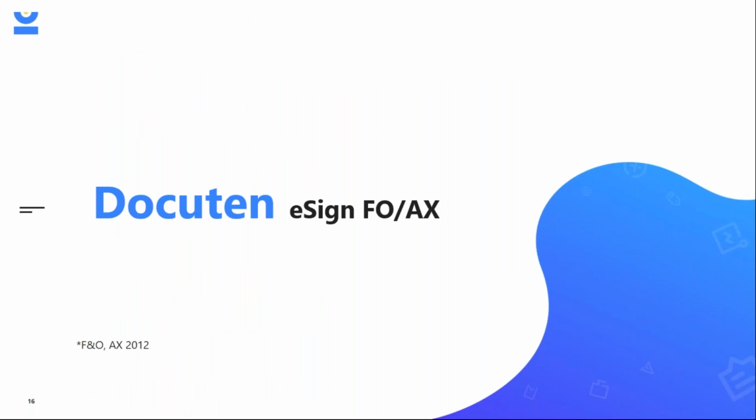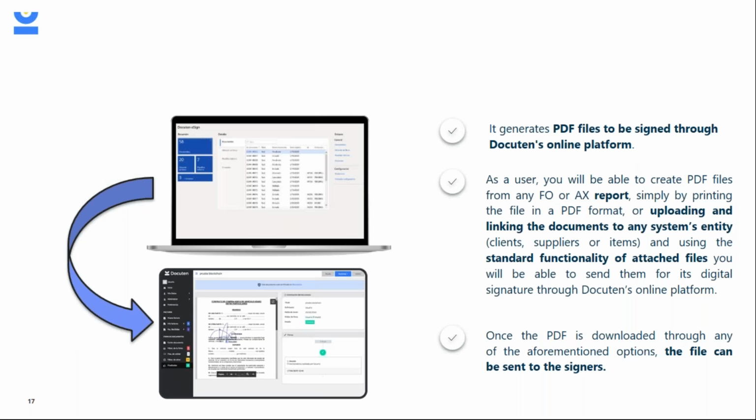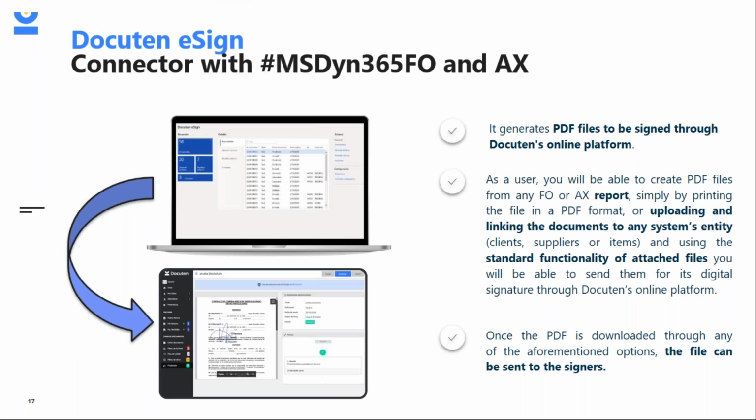Now we move on to finance operations, and AX is quite similar to the Business Central and NAV integration. The versions available are finance operations and AX 2012. These two versions are the ones we are supporting. And we have the same possibility. You can create any PDF from any report, both standard and customized, or upload,